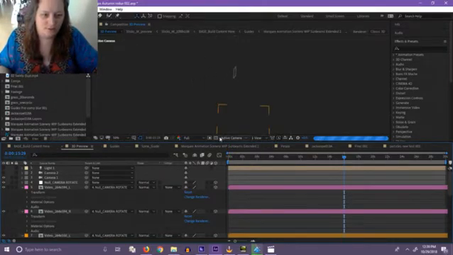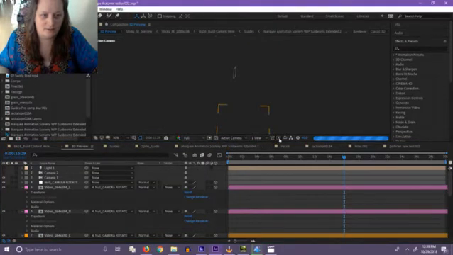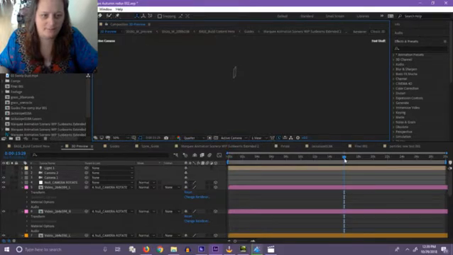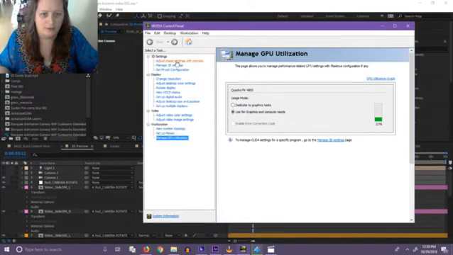Here, if it loads, let's just go to this and this, if that works. And then this is my video card. It's this guy, if it wants to load or not.